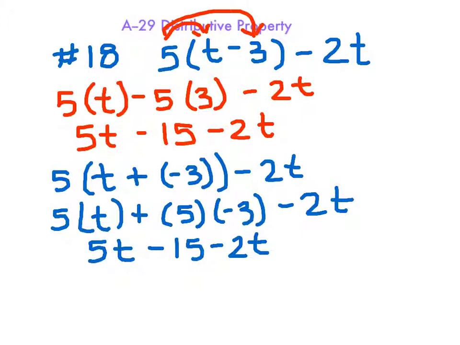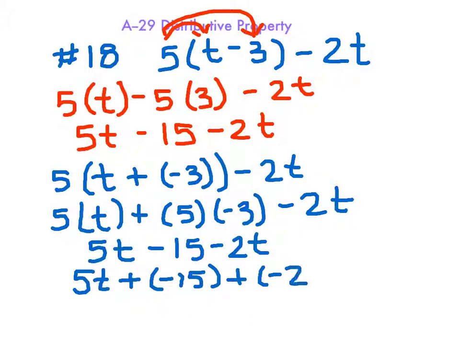So now I'm going to collect up my like terms. This one has a t and this one has a t, so I'm going to collect those up, and I'm going to write this as an addition problem all the way through. So it's going to give me 5t plus negative 15 plus negative 2t, and that's going to allow me to use the commutative property. So I'm going to have these two switch places, so let's do that. When I do that, I end up with,